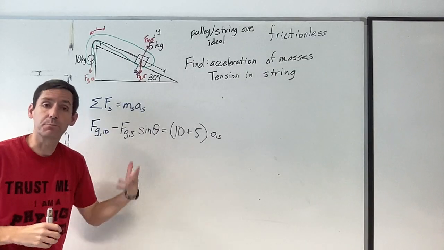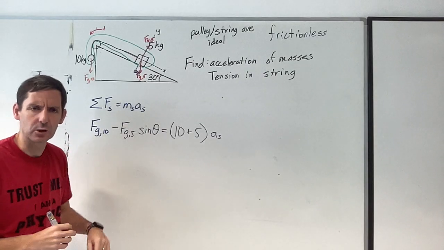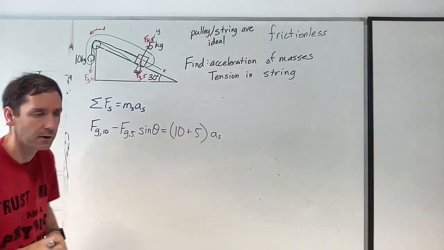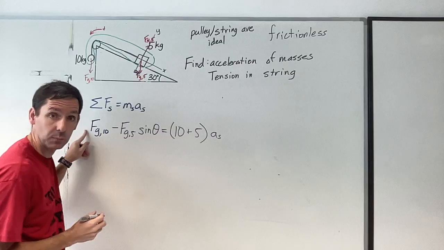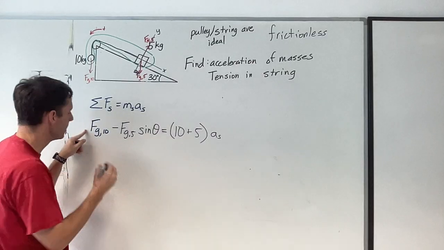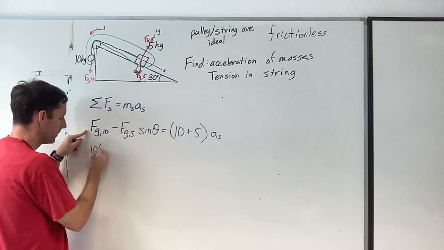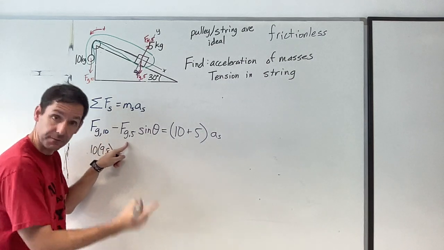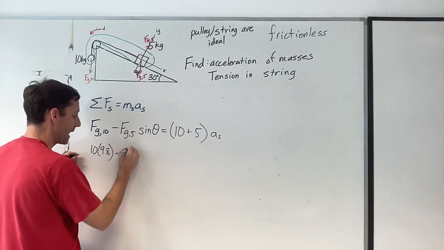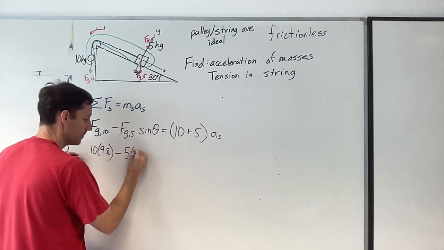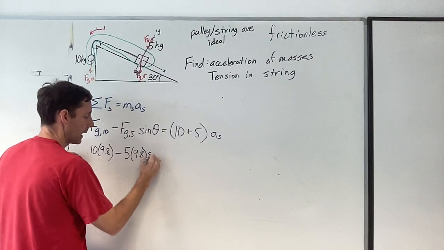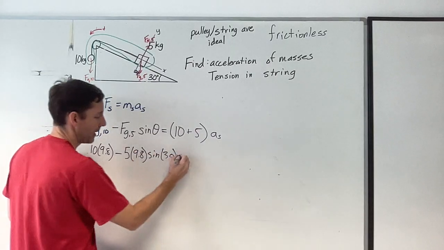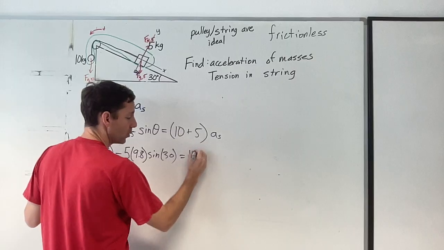All right, so now I can put some numbers in. Sorry, I kind of got a little bit sloppy here. I've got some variables and some numbers. Let's go ahead and throw in all the numbers that we have, right? We've got the force of gravity on the 10 block, so that would be mg. So that would be 10 times 9.8 minus the force of gravity on the 5 block, which would be its mass times g, right, mg, times sine of theta, which is 30, and then that is equal to 10 plus 5, which is 15